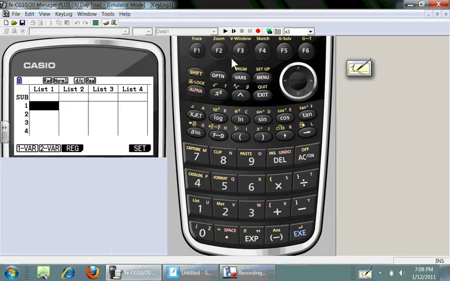You can go into calculate. You can calculate all your one variable and your two variable statistics. You also have a regression. I'll go back. All your statistical tests for your AP statistics or your statistics classes, whichever one they happen to be in. I'll go back out. All of your different intervals, if it's a Z or a T interval. And then all your different distributions. So you name it. It's all in the soft menus here.